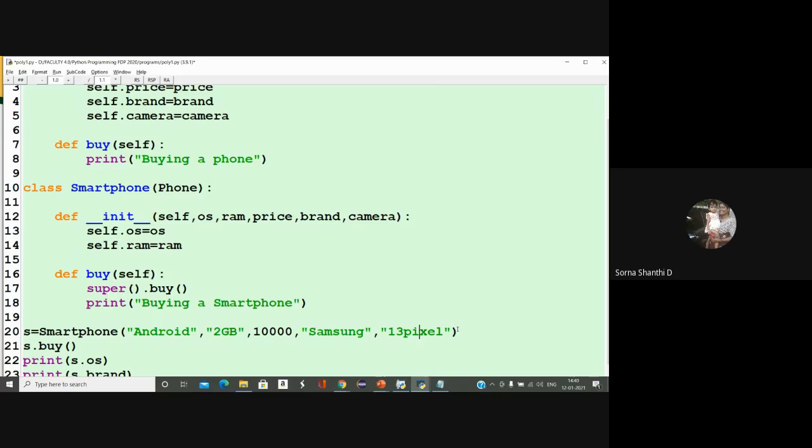So this method is being called, what will actually happen when this line gets executed, where will control go? It will go to the init method of the child class. So in the child class's init method